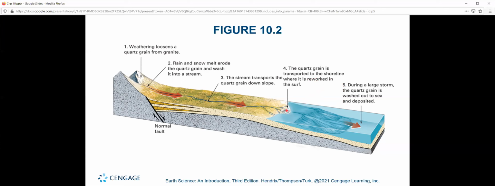What is sand? Sand is predominantly quartz. Quartz is something that doesn't necessarily weather chemically into other things very readily. So that's why we get an abundance of quartz throughout sediments. And then lastly, during a large storm, that quartz grain may be washed out into the sea and finally deposited. Fantastic. That is one rock that broke down that happened to have a grain that made this trip. And remember, mountains are full of rocks, right? This stuff happens all day, every day, in very much these similar formats.